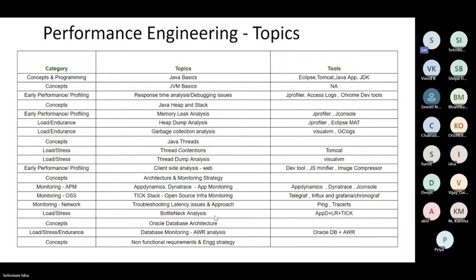So, the first initial topics are especially designed in such a way that you would be able to get into that zone, right? We are not going to be a developer. We're not going to develop applications, but you should be able to know certain things like how a developer is going to develop a code, how is he going to use Eclipse, how is he going to create multiple classes, how he is going to call multiple methods, how he is going to call a database, how he is going to call external downstream services, how he is going to compile, how he is going to create a jar